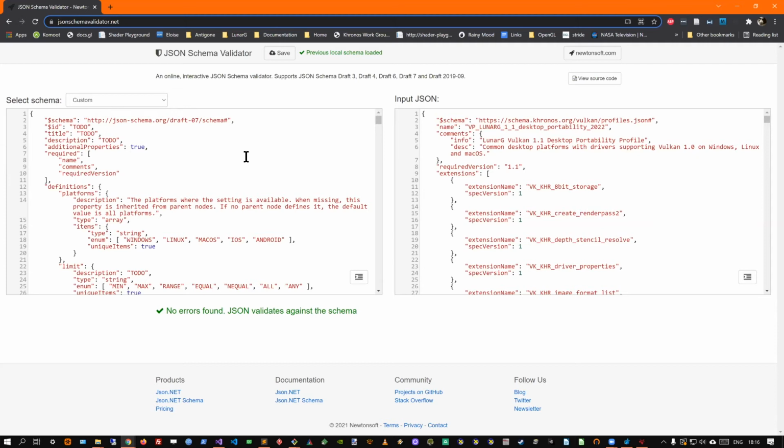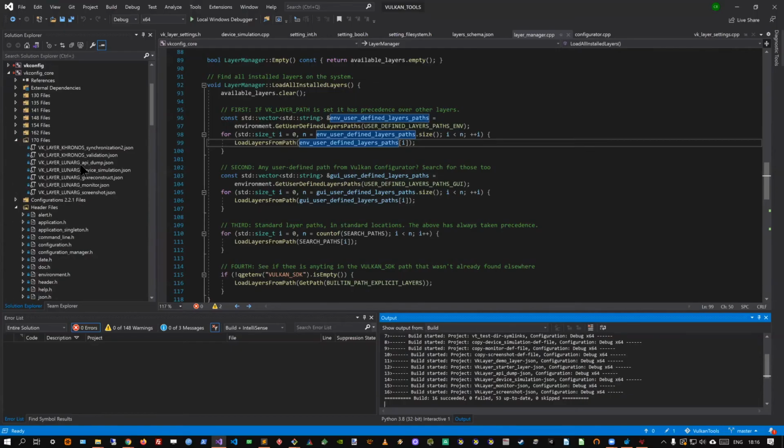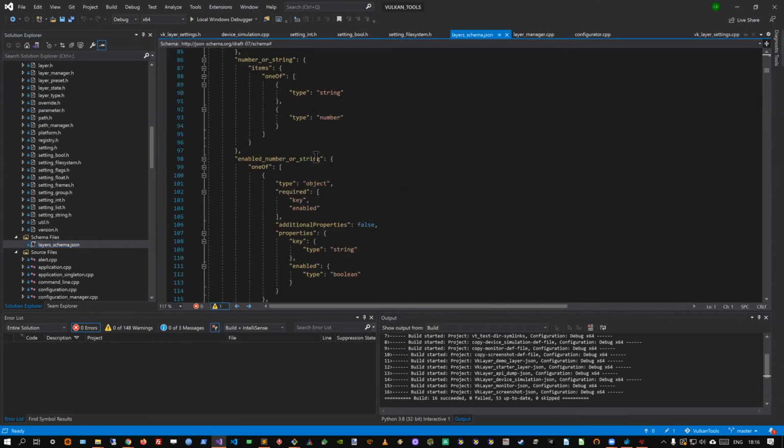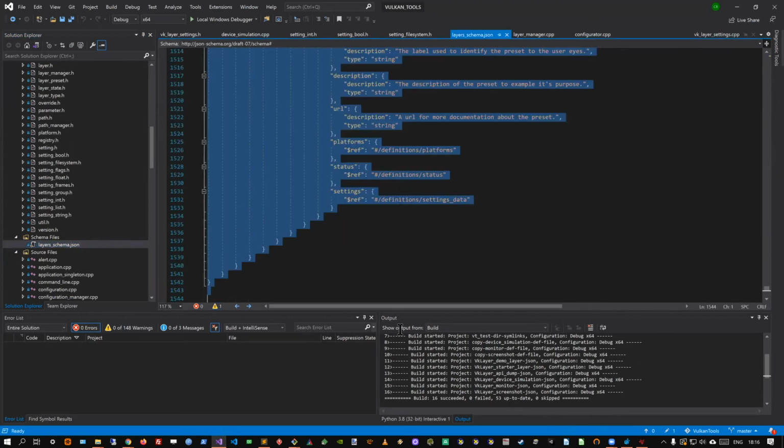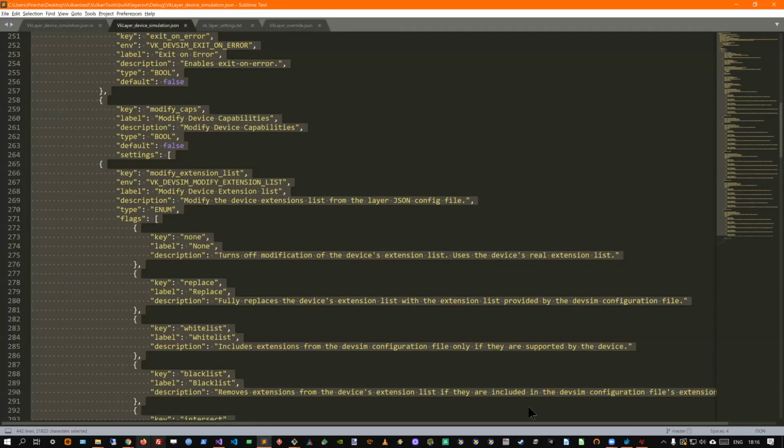If you just type JSON Schema Validator on Google, we find it immediately. So in my repository, I conveniently have the schema, which specifies how the file is supposed to be written.